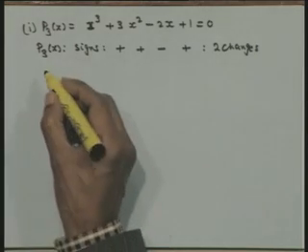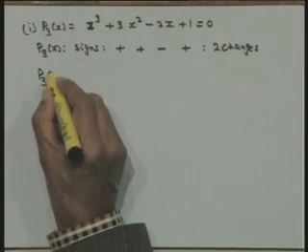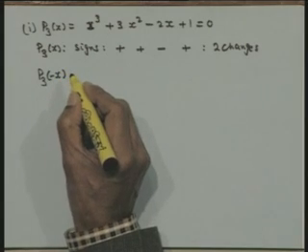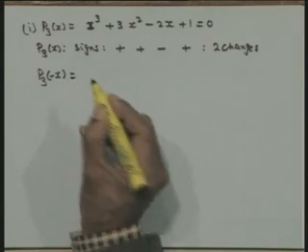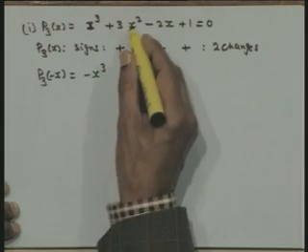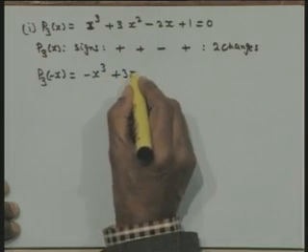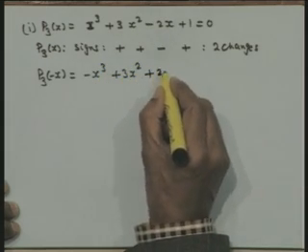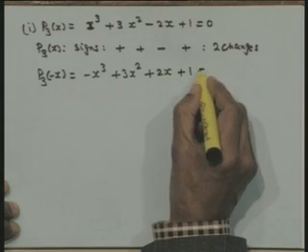Now let us also write down what you have P3 of minus x. Now P3 of minus x gives minus x cubed. Put x is minus x here. I will have plus 3x squared. I will have plus 2x here, and we have plus 1 here.